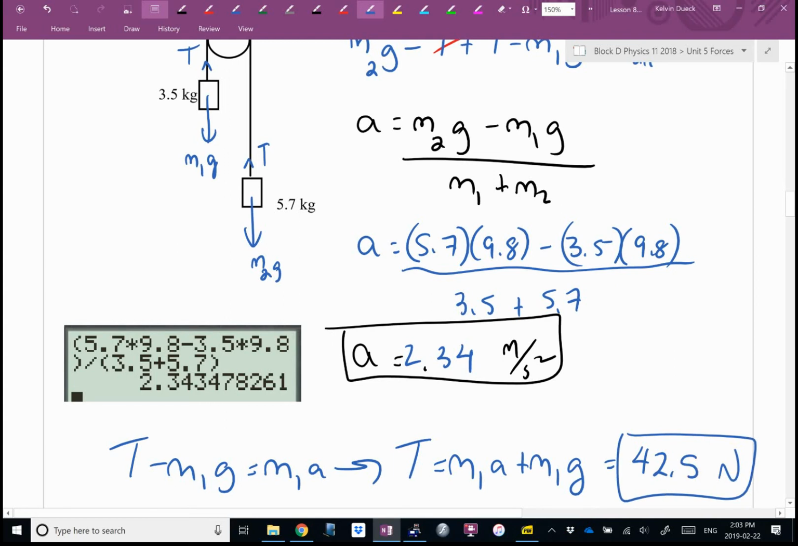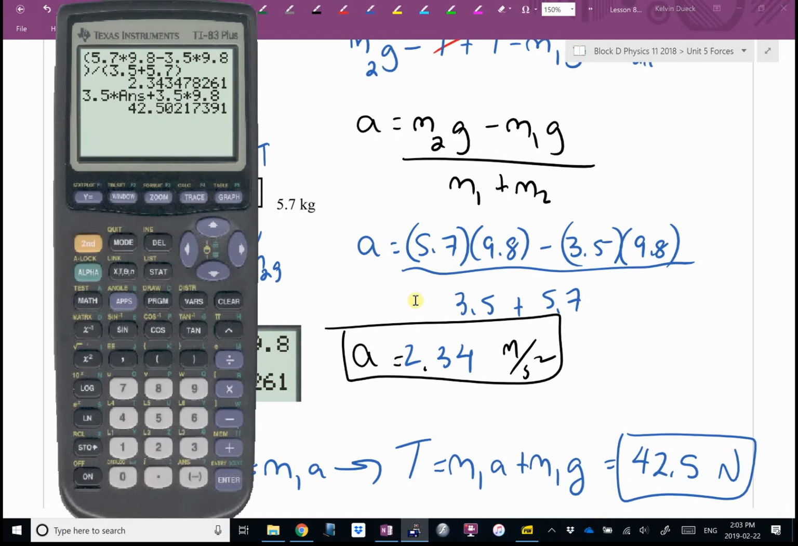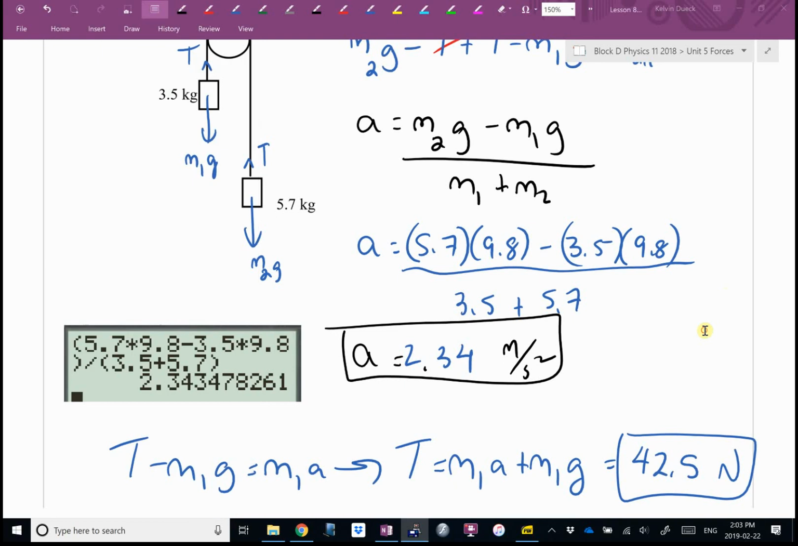I got that right? I used mass 1. If you used mass 2, your equation would end up being tension equals M2G minus M2A. But if you use your answer button, you'll still get 42.50217391, I think. Yeah. How do you know